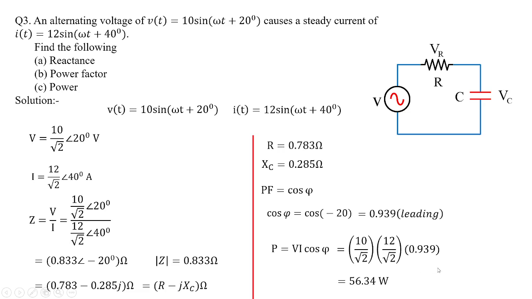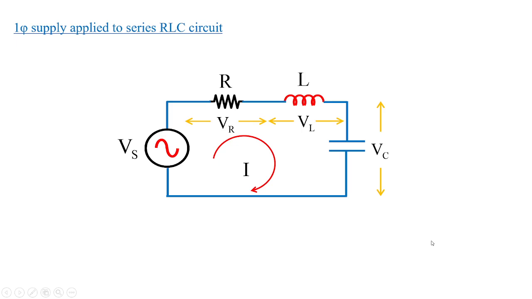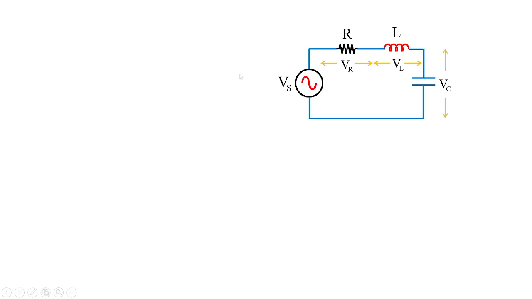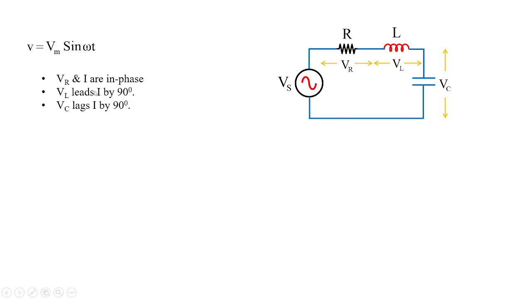Now we know what we have studied about RL and RC. If at all we take the combination of RLC, then what happens? So here you can see in an example we have taken a single phase supply applied to a series RLC circuit. For the series RLC circuit, the input voltage is the same, that is Vm sin omega t, and we